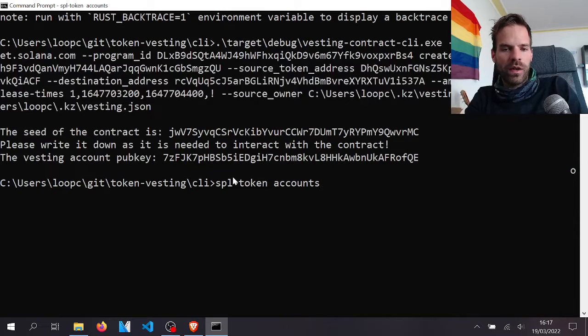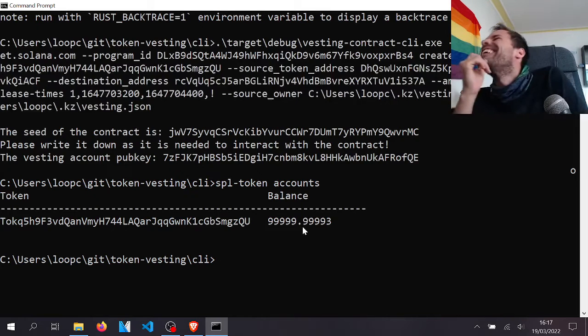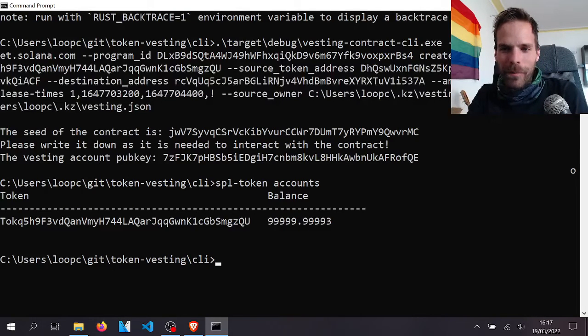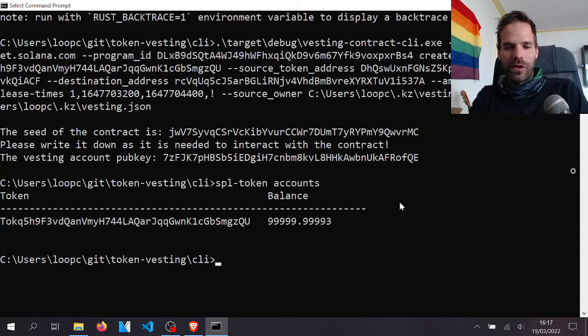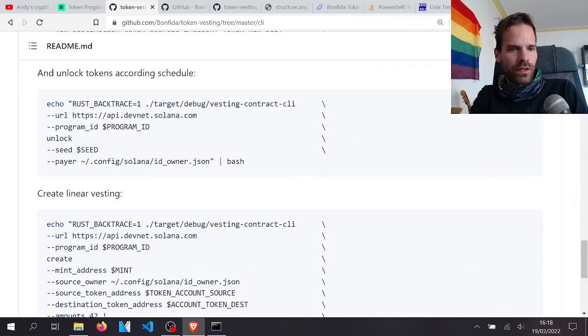SPL token accounts. Let's see from our... Oh, of course, those amounts are specified in the lowest denomination. So that's not 10 tokens. That's 10 tokens by 6 decimals. So just, you know, if I had 0 decimals, then this would be 10. Yes. Anyhow, happens. So before it's time now, I do want to already crank it just for fun, which is